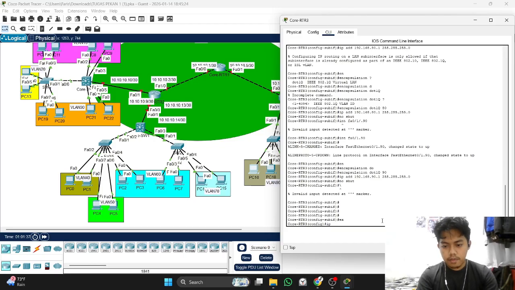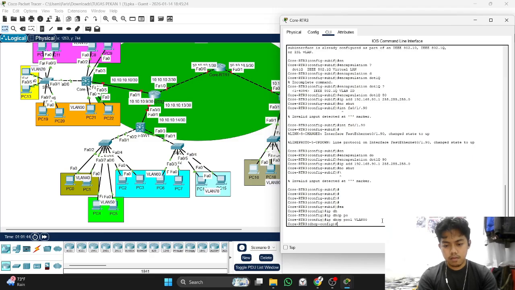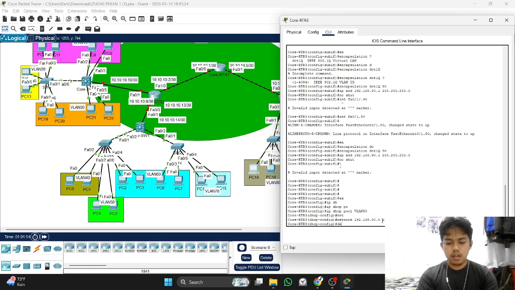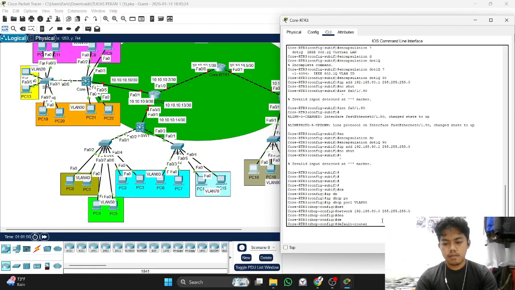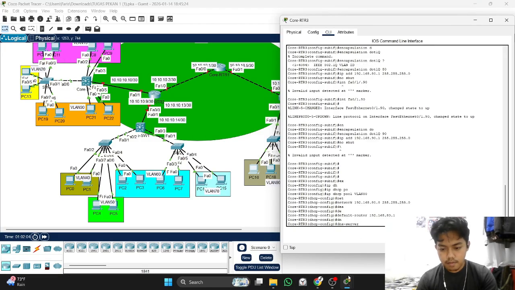We create IP DHCP pool VLAN 18. The network, the steps are like before. Default router, then DNS.